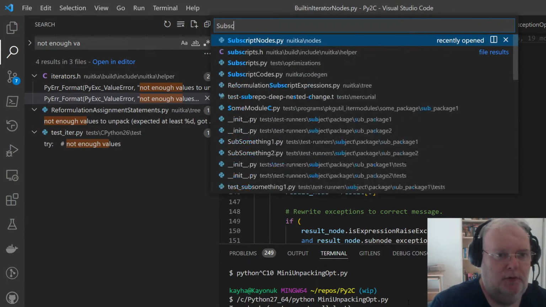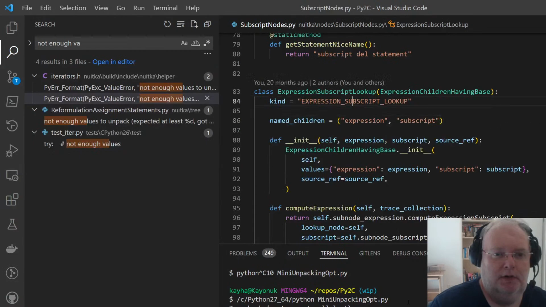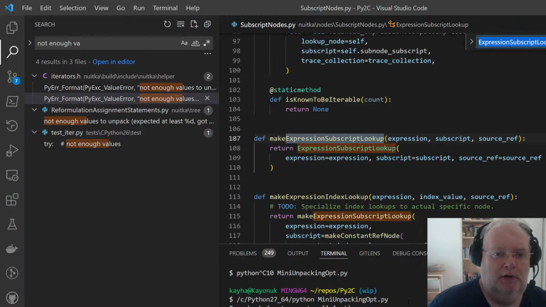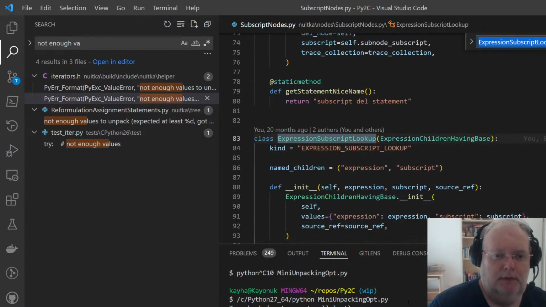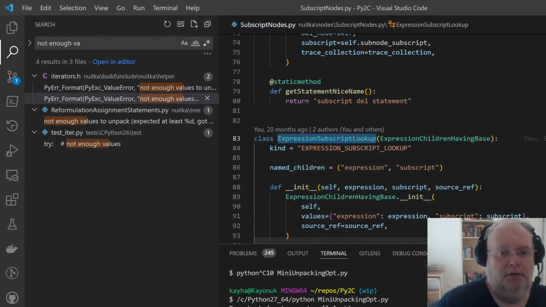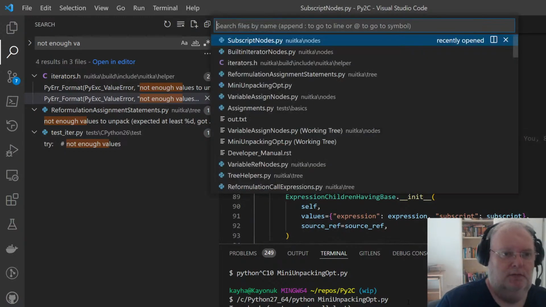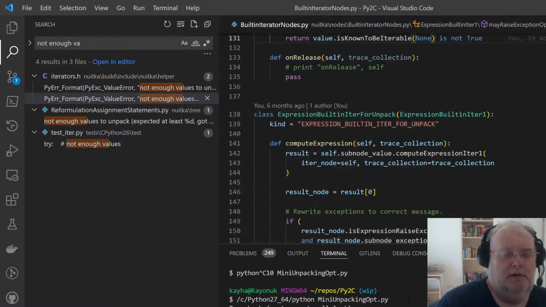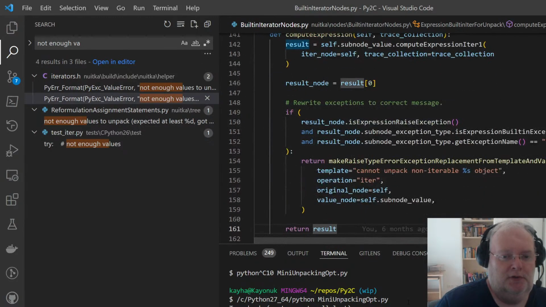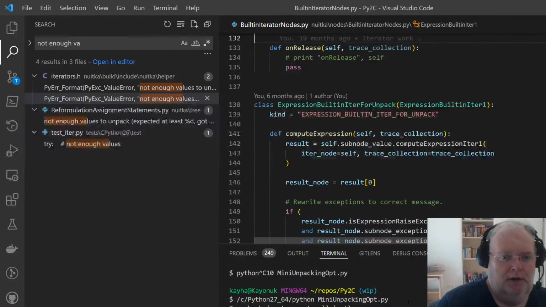The subscript nodes, there's only one right now. Yeah, and then I need to specialize several of them and maybe have a mix-in or a reusable function. I don't like these extra nodes just to rewrite, especially when Python 3 is the usual case now.